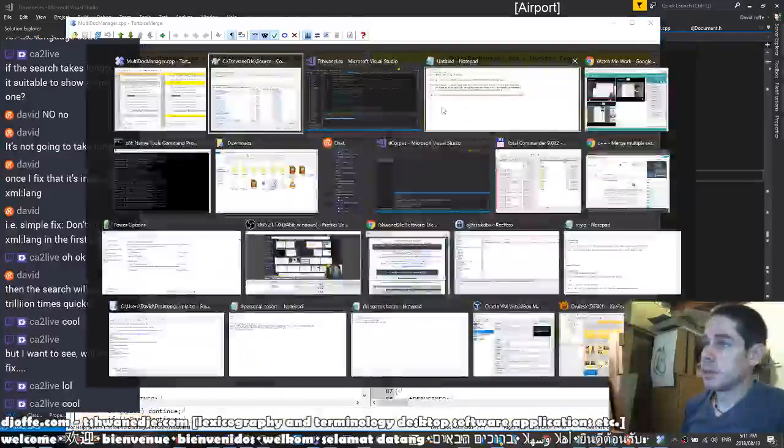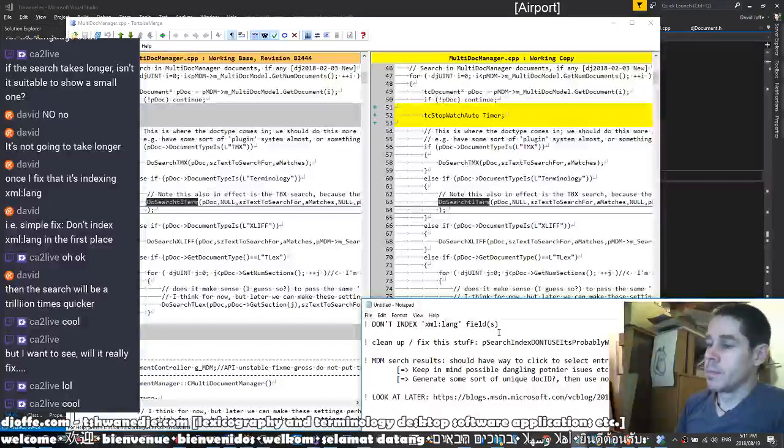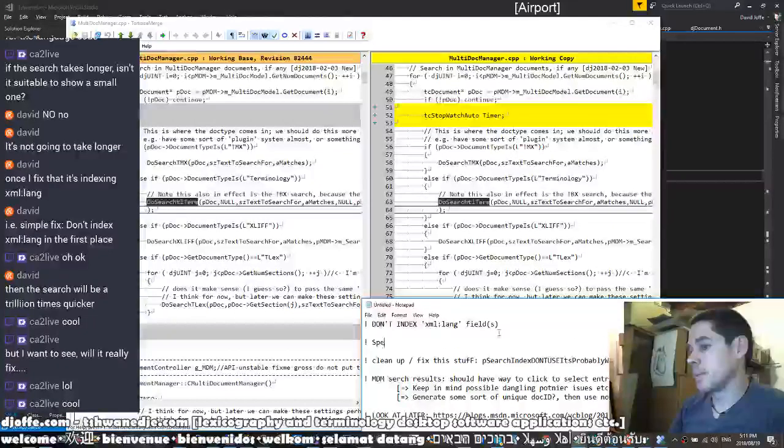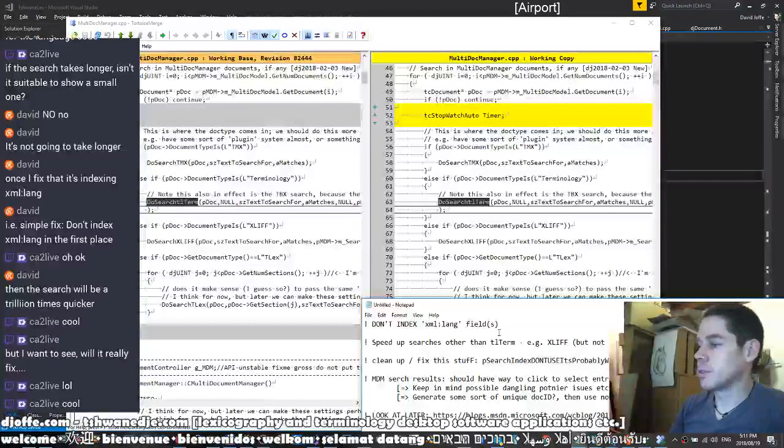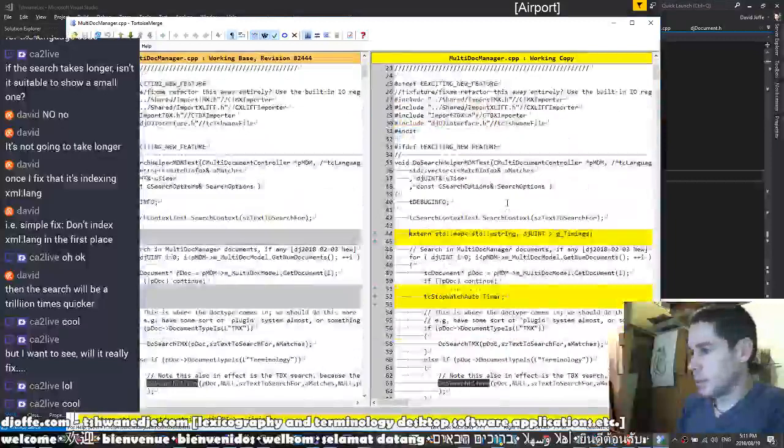Okay, but we also want to speed up searches other than FFmpeg. That's not right. First I want to build new builds based on